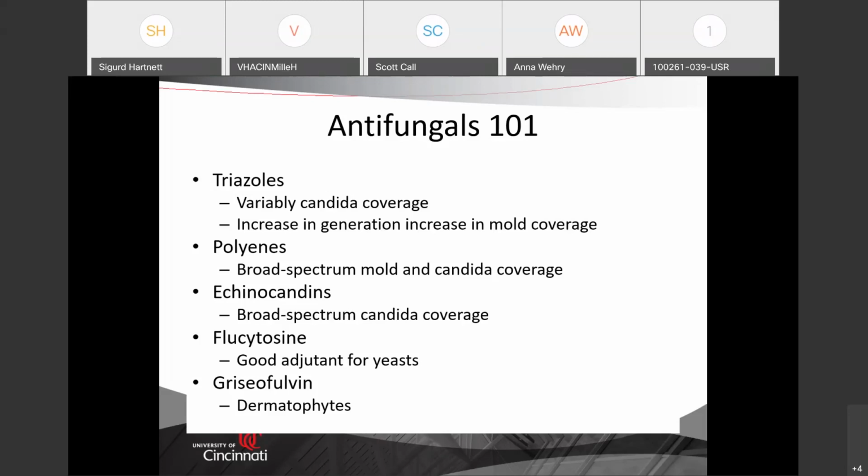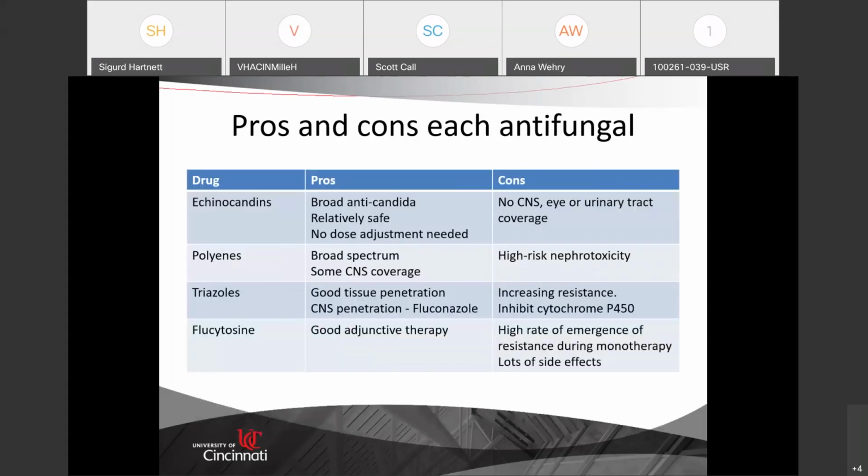Flucytosine, the only thing you really need to know about it is it's a good adjunctive therapy. I misspelled adjunctive, so forgive me for that. And then griseofulvin, we're not really going to talk about, but you can use it for dermatophytes. So this is the table I made, and this is the way I think about the pros and cons of each